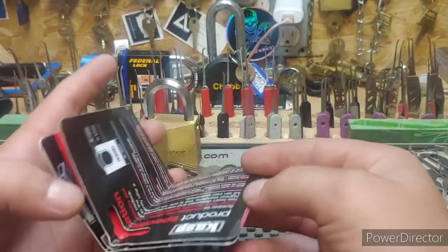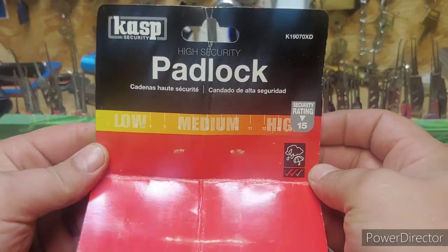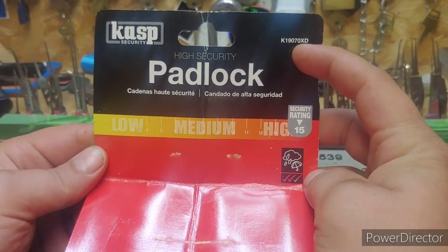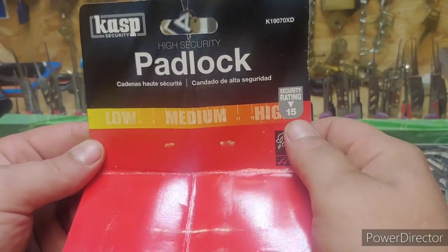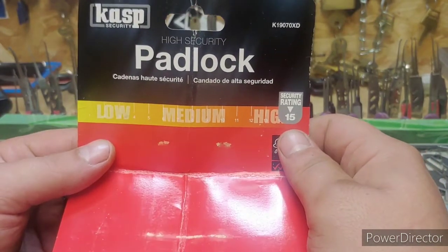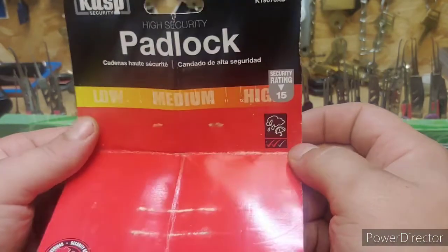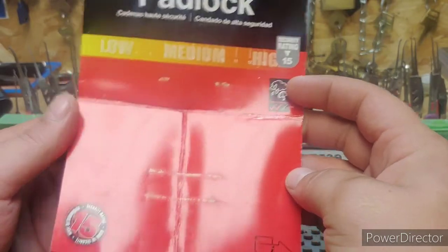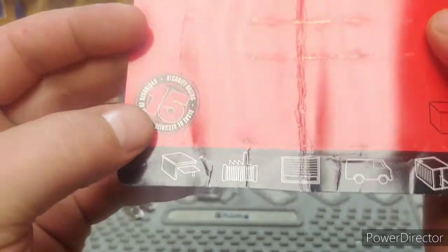He just folded it up, sent it with the lock, and as you can see, it's a CASP, and it is the K19070XD. It's got the highest security rating that CASP has, and that's a rating of 15. It's weather resistant, and again with their security rating of 15,